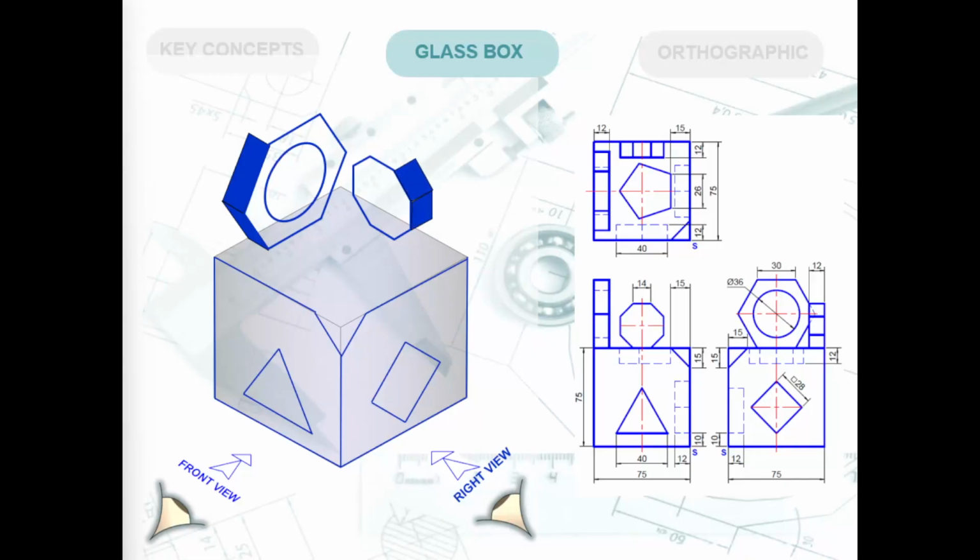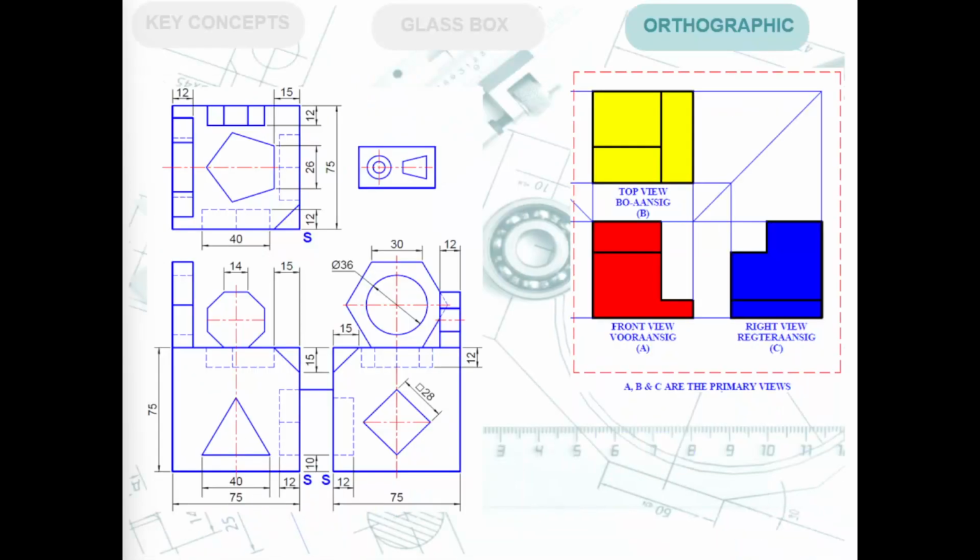And then also when I look at my top view, once again, all our darker A-type lines and all our shapes that will be visible in my top view need to be transferred to the top view in the isometric and need to be visible and drawn dark as well. In summary, it is very important to identify the different orthographic views so they can be applied and converted to the correct isometric drawing. Therefore, we can say then that this will be my front view, this will be my right view, and my top view at the top in line with my front view.